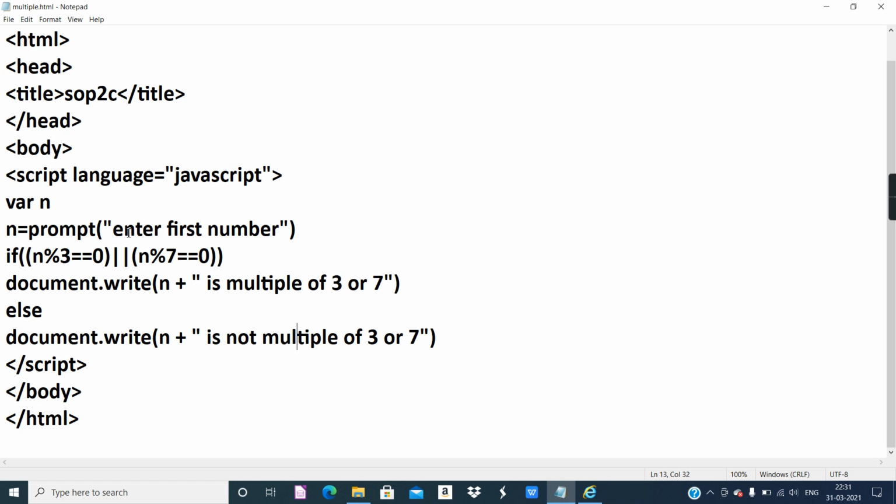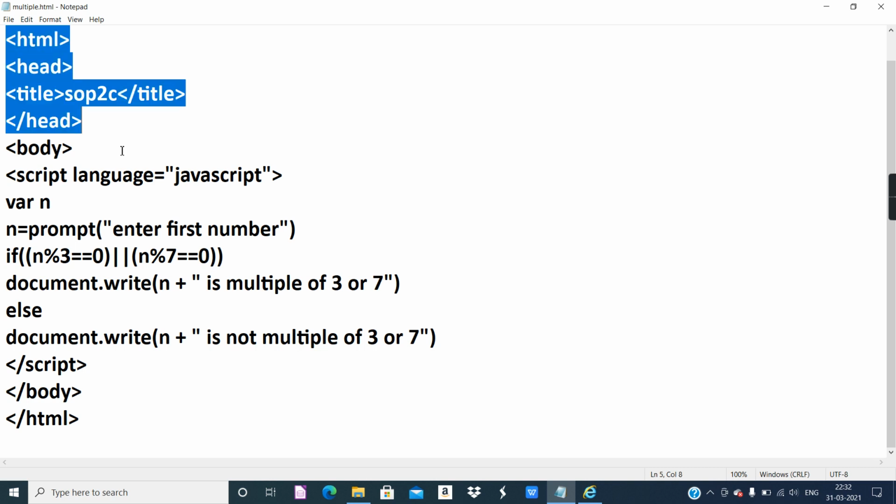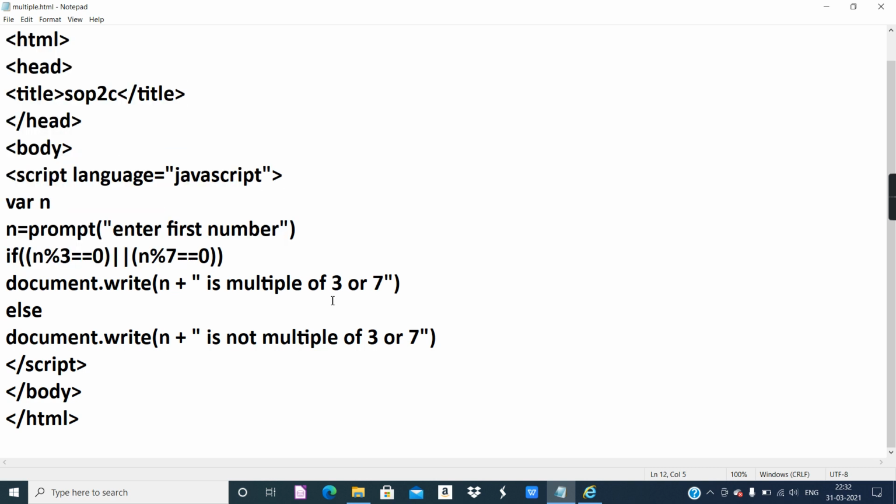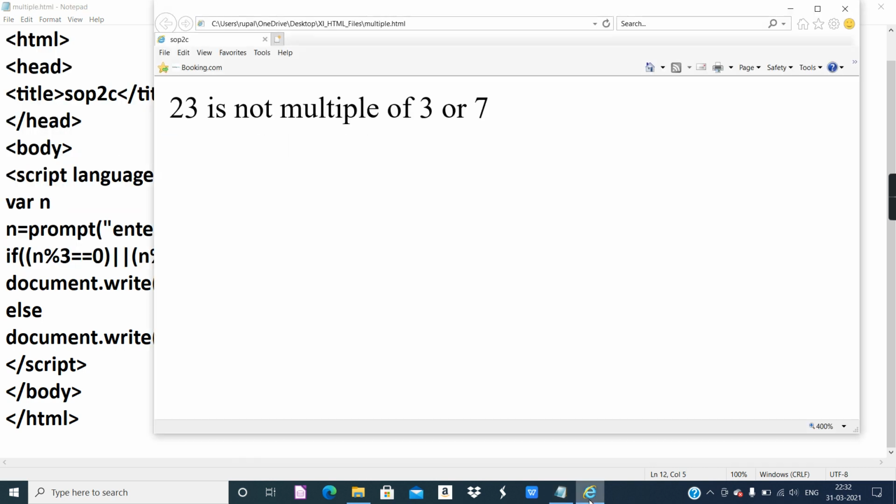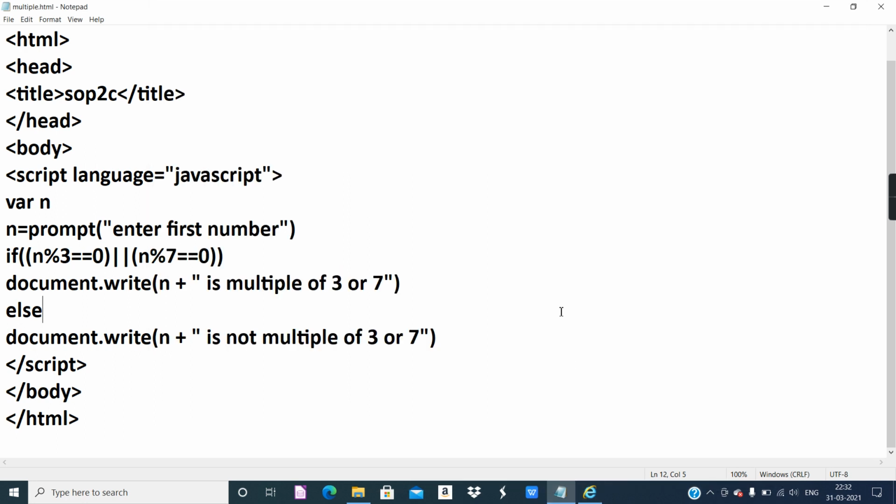You can create another structure. I mean, you can check divisibility. Here the question is about checking divisibility with 2 numbers, 3 or 7. You can check with 3 numbers also. So execute and definitely you will get the output. Solve it properly. You saw the output was correct. You are getting correct output.